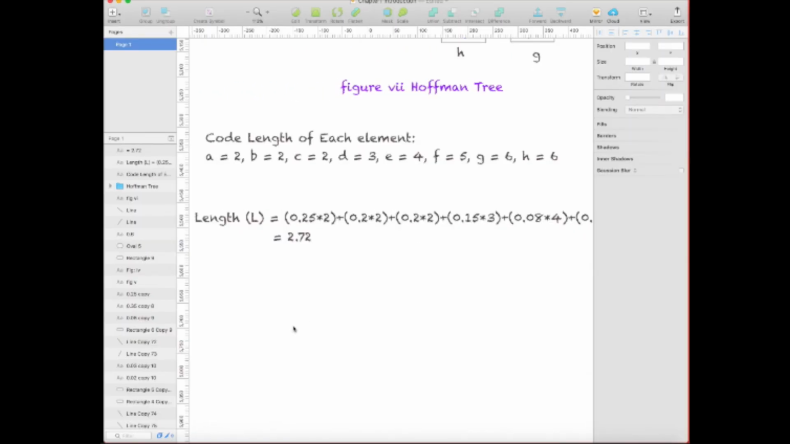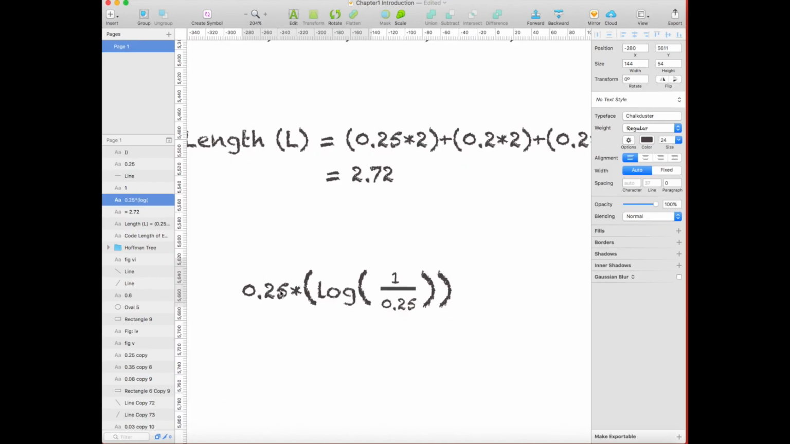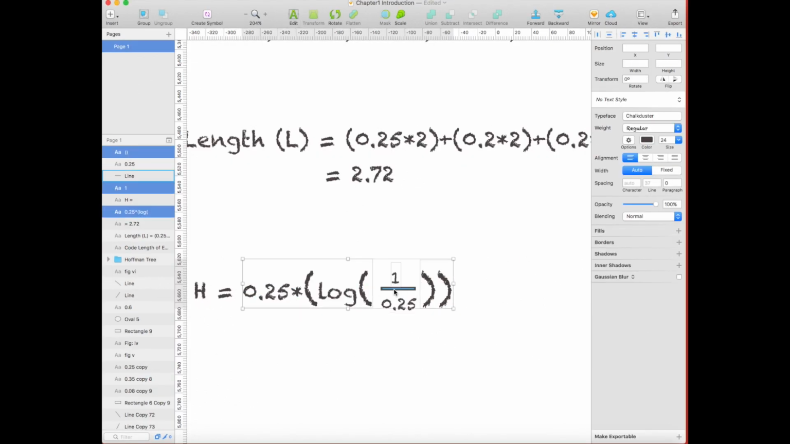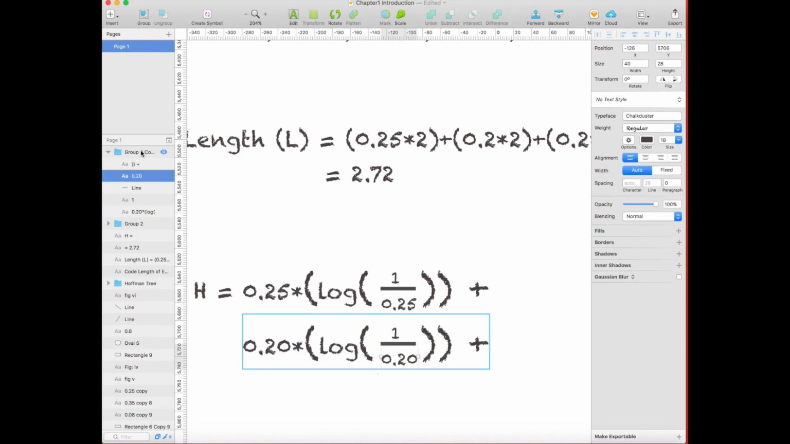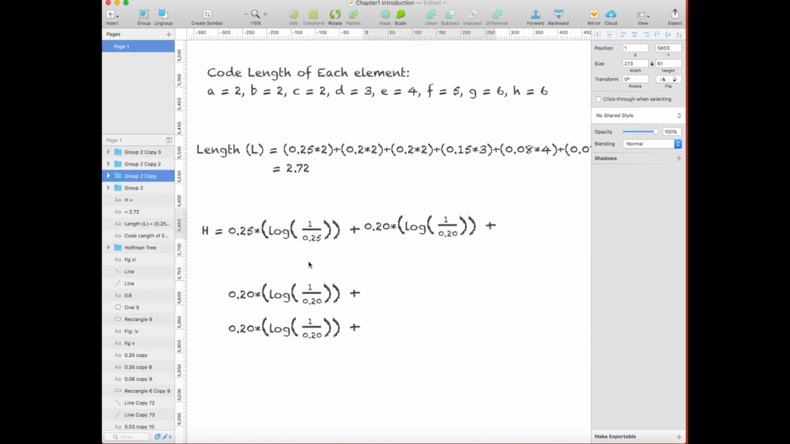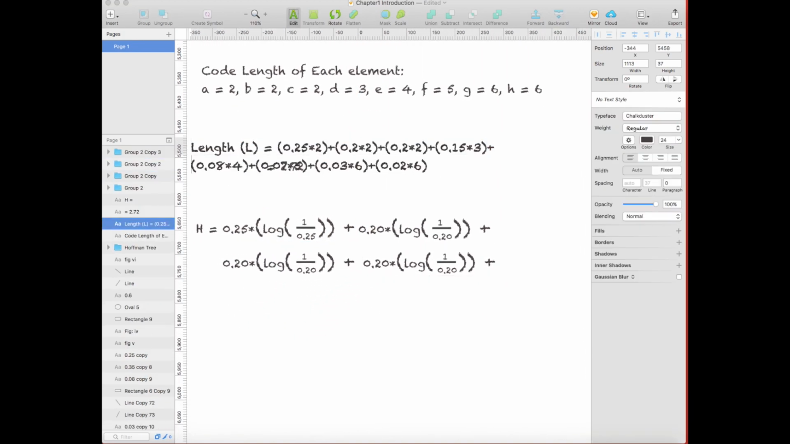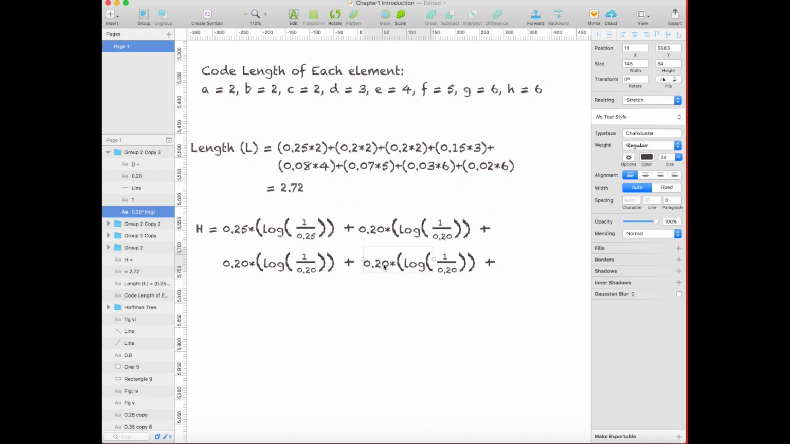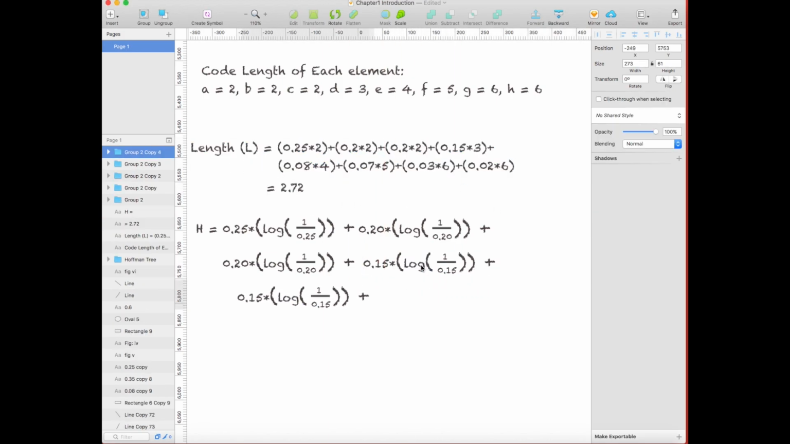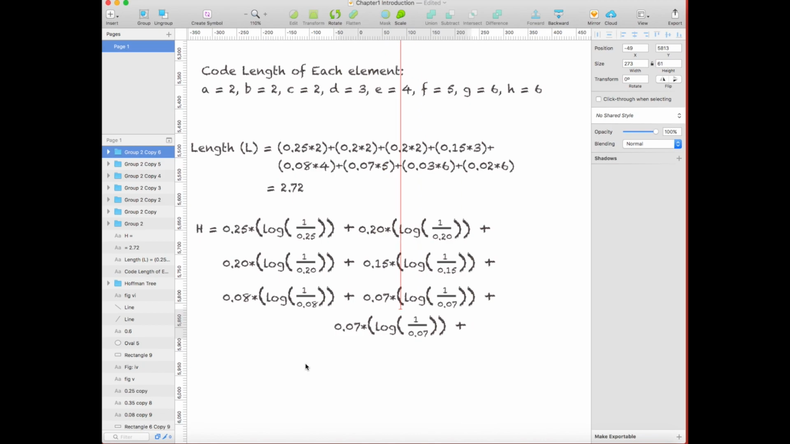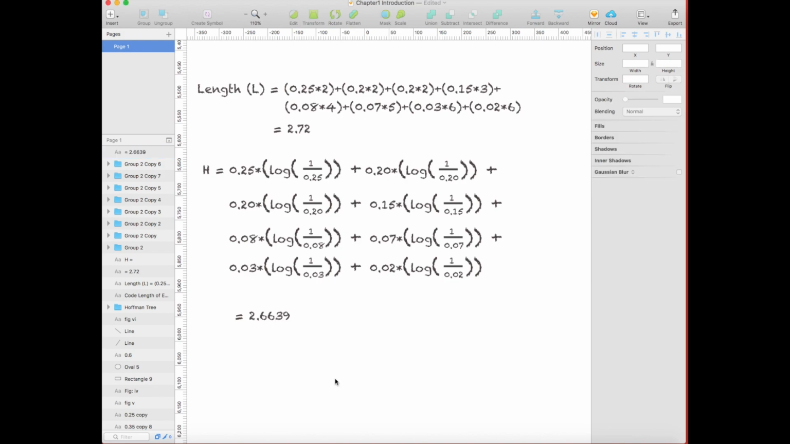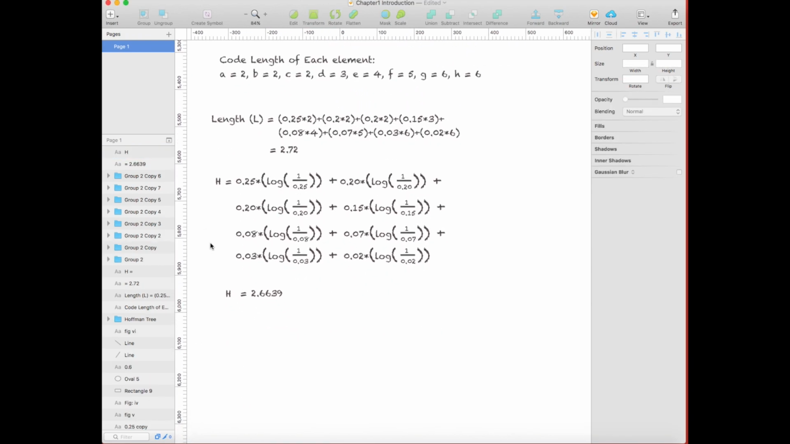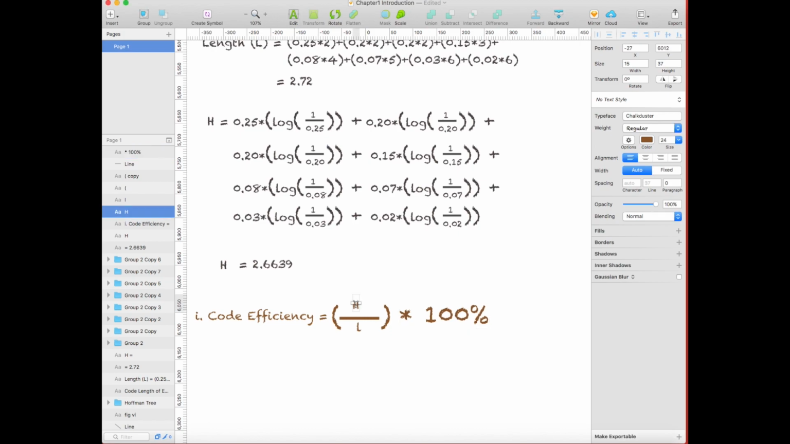Now we have to find the entropy, denoted by H, and the formula to calculate the entropy is the sum of the probability times log base 2 of 1 upon the probability. So it is a series of sums. Let's arrange it so that we can have a nice look at them, and we do it for each and every probability. So there will be 8 terms, and when we solve this, we get the value of H as 2.6639. Then the question asks for the code efficiency, which is given by entropy upon length times 100%, that equals